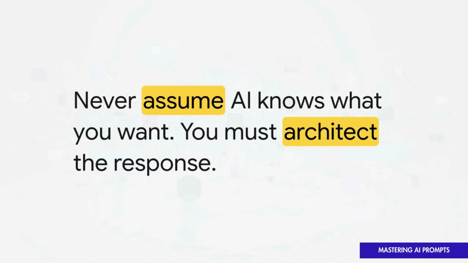Here is the absolute golden law of prompting. Never assume AI knows what you want. An AI cannot reliably infer your business intent, it doesn't know your formatting standards, and it certainly can't guess the emotional tone you're going for. You have to explicitly architect those boundaries. And we do this mechanically, too. Behind the scenes, we're controlling this prediction engine using parameters like temperature, which dictates the randomness of token selection. A temperature of 0 gives you highly deterministic factual output, while a higher temperature dials up the creativity. We also use top K and top P sampling to restrict the AI's vocabulary down to only the most probable logical tokens.